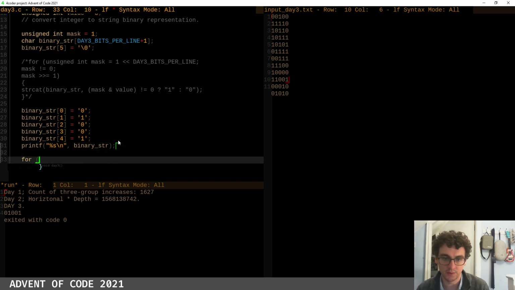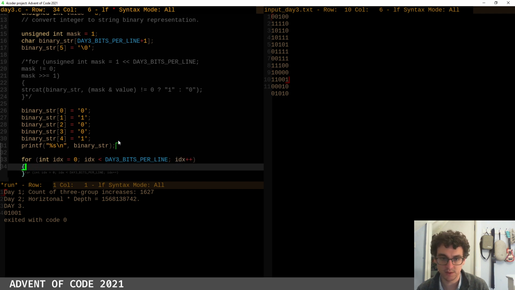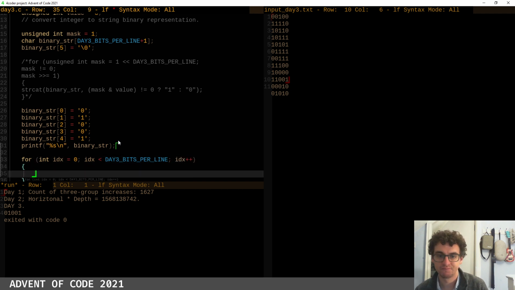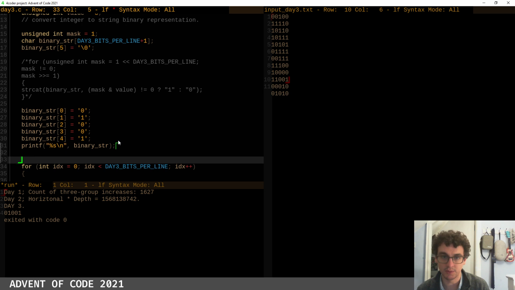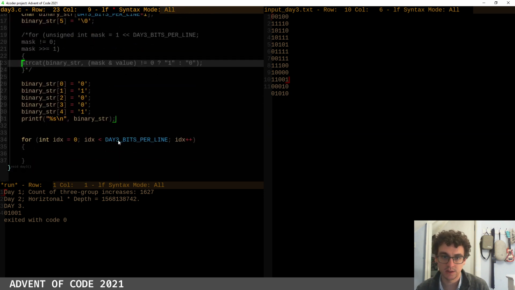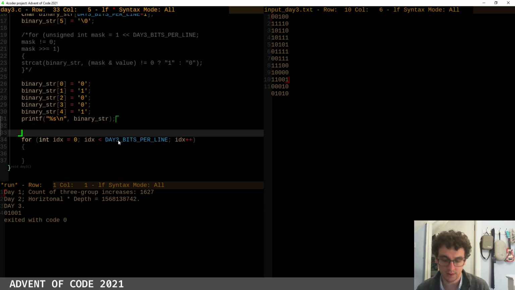So for, I don't know, int index, we start off at 0 while the index is less than the 3 bits per line. We're going to do index++, and then basically we set up our value. So our value starts off as 0,